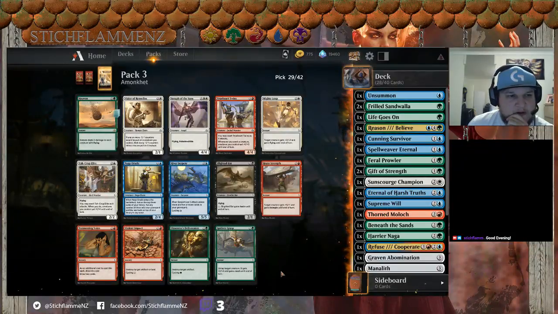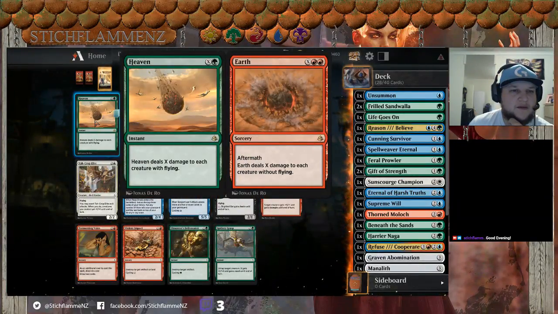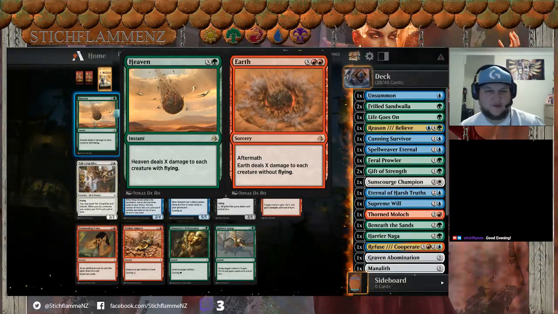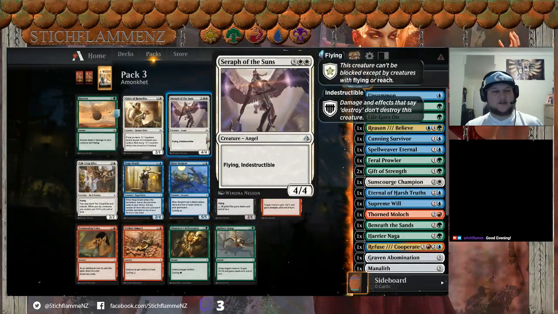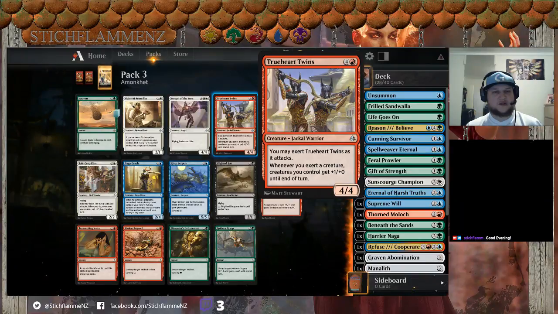Okay, so this is the last pack. The last pack is an Amonkhet kit pack. Heaven to Earth. So Heaven deals X damage to each creature with flying, and then Earth deals X damage to each creature without flying. Probably don't need that. Flying indestructible for 7. That's kind of cool. Vizier of Remedies, True Heart Twins,